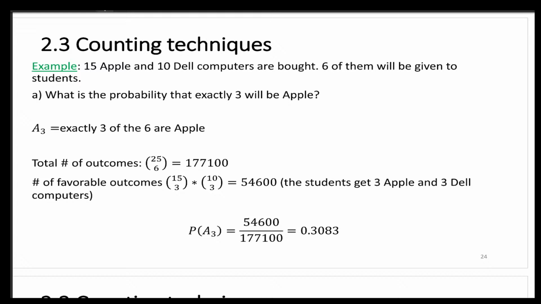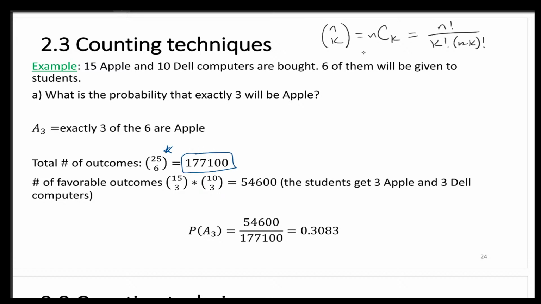This notation I didn't really go over: n choose k, the same as nCk, is just n factorial over k factorial times n minus k factorial. So it's a different notation, but it means the same thing. It means unordered grouping of the elements. So you want to pick 6 computers at random from the 25 computers you have altogether. Well, that's right here. 25 choose 6, and you get this number